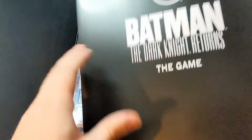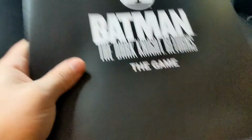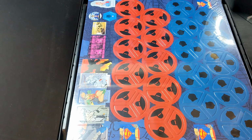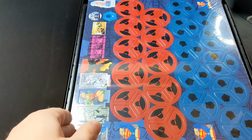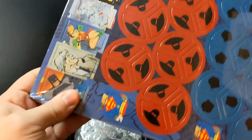So what is this? This is a folder of some sort. I don't know what's in here. We got lots of chits and things in there. There is nothing in here. I'm not sure what this is for, but I'm sure we'll find out in the game. Maybe it's for saving your game, the progress of it, something to store your stuff with. Not sure. But you can see on here, we've got all the chits and things, because if you back the